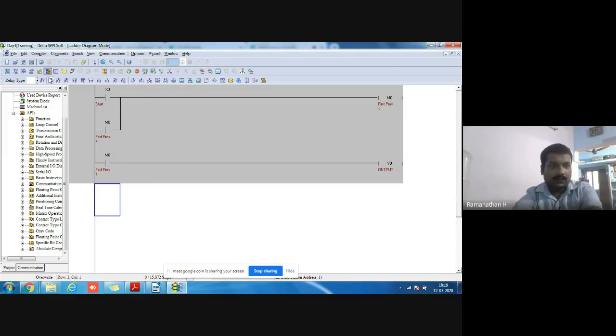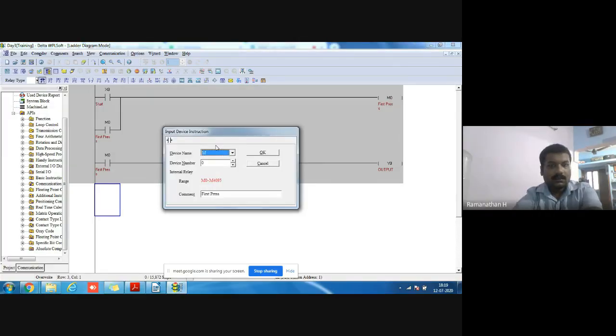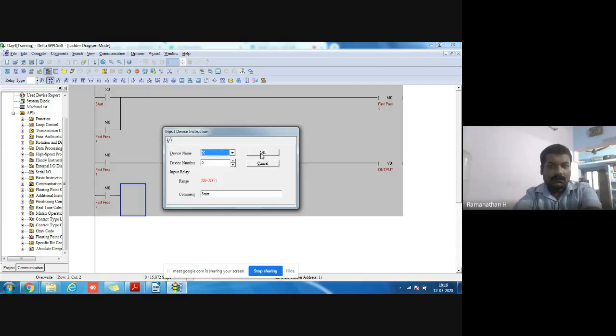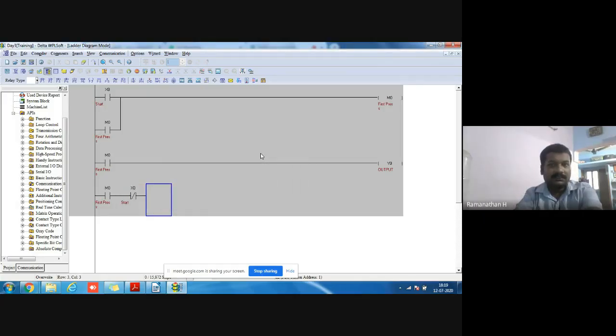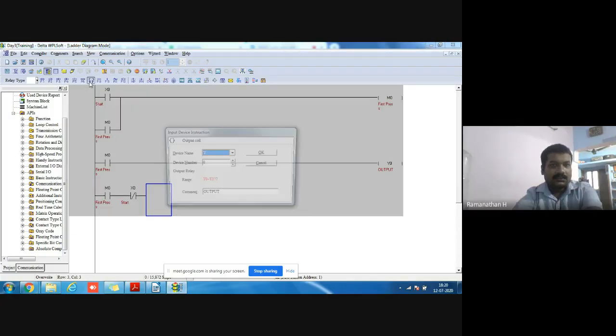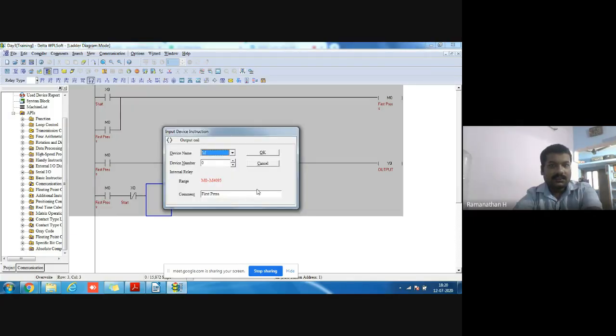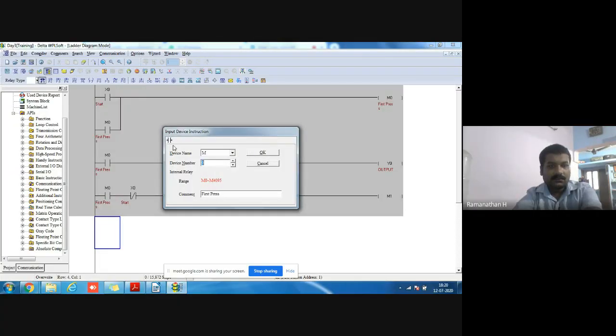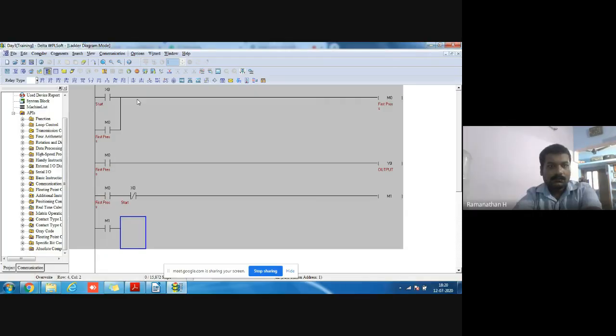Once the dummy coil is on, at the same time this input goes to the NC state, which is the off state. Once pressed it is in the on state, and once we release it goes to the NC state, the off state. So when it goes to the off state, I assign another dummy coil as M1, and here I latch it with M1.